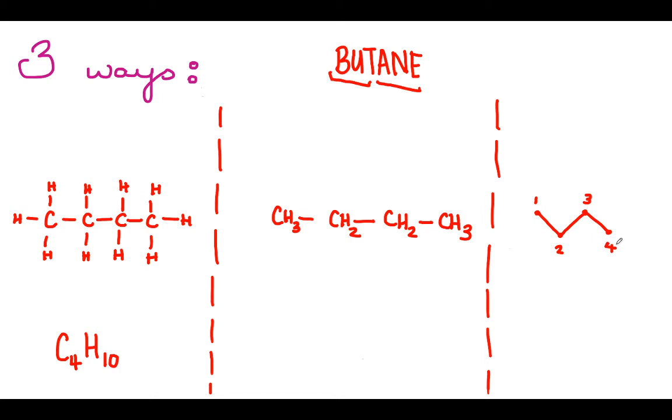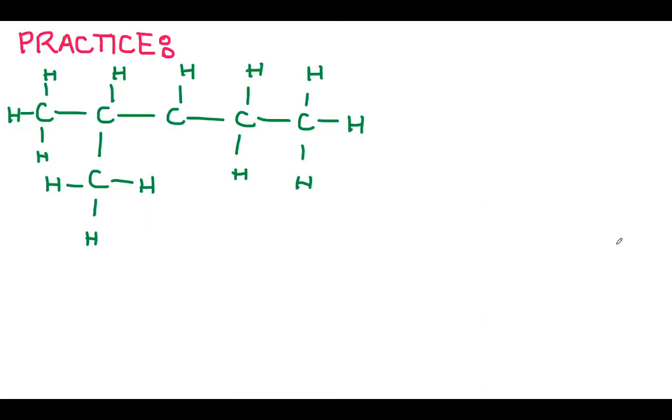So these are the 3 ways that you will see organic compounds written. If you are writing or drawing a diagram for me, it doesn't matter which of these 3 you use as long as you are correct, right? So just make sure that you are practicing each of these and you're familiar with all 3 of these. So if I'm giving you a compound in a line diagram, you know exactly how to name it and draw it, etc.